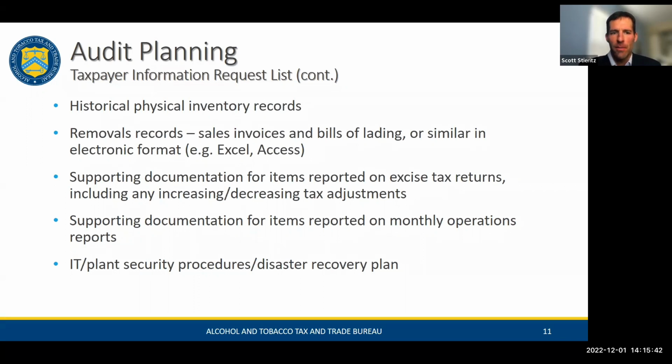And then as you will see later in the presentation, these are also common audit findings. And lastly, IT plant security procedures and disaster recovery plans, especially on full scope audits.